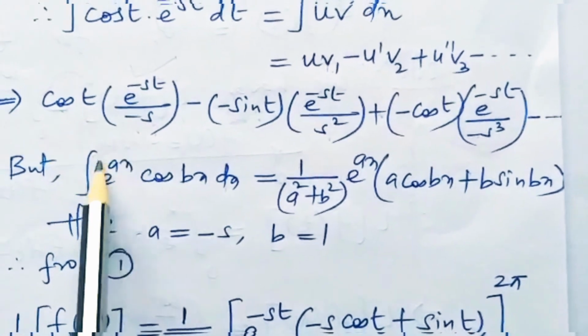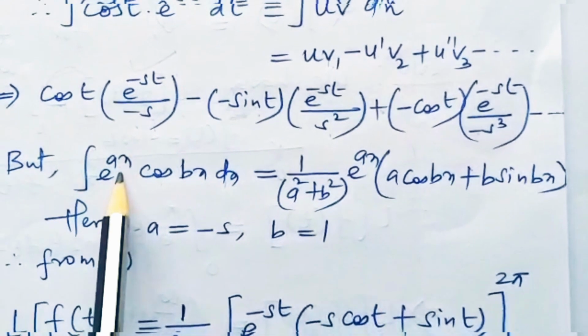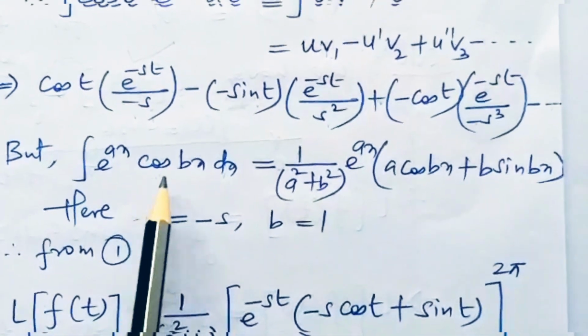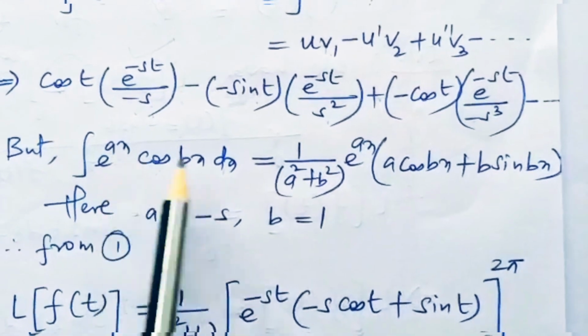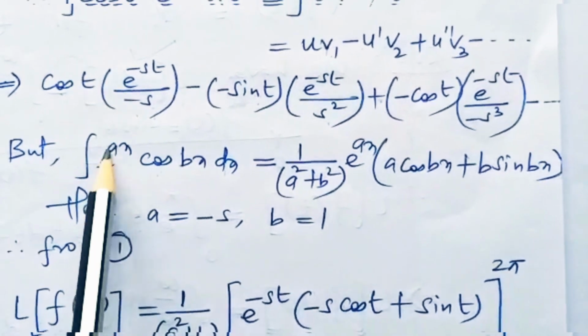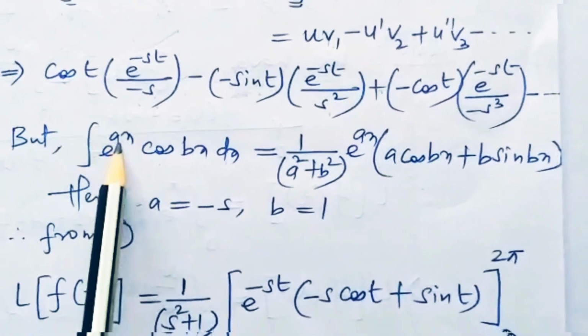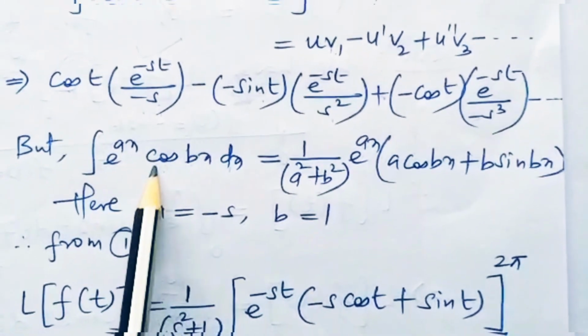So that means e to the power of ax as an exponential function, times a cosine or a sine. It is also applicable for sine, a trigonometric function. In that case, we will first look at a and b. What is a and b? a is the coefficient in e to the power of ax, b is the coefficient in the cosine term.